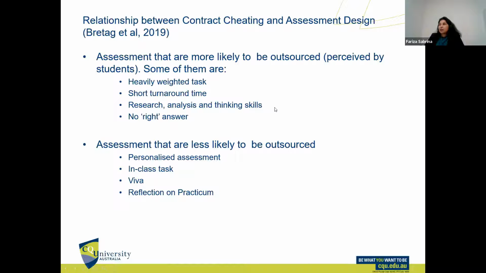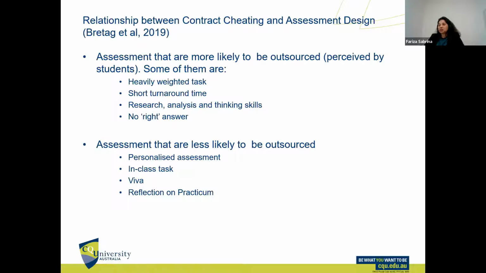According to student perception, the tasks that are less likely to be outsourced are personalized assessments, in-class tests, viva voce, or reflection on practicum. These are the types of tasks that are less likely to be outsourced. But sometimes, depending on the unit learning outcomes or unit goal, some tasks might be unavoidable, like heavily weighted tasks